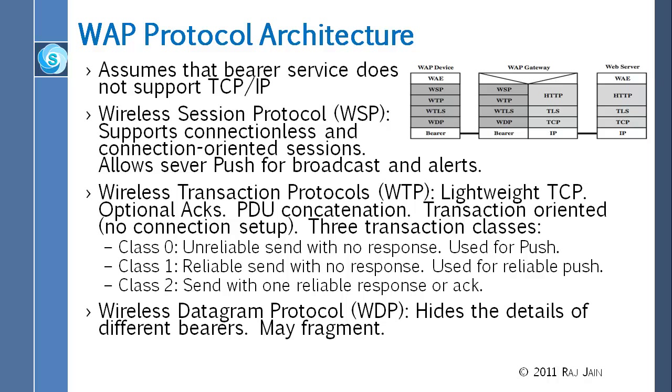Alright, so these are the 4 layers here, which are also in the gateway, the WAP gateway, and the web server may not have any of this WAP stuff. Therefore the web server speaks the standard HTTP, TLS, TCP, and IP. So the gateway receives the standard stuff and translates it into the WAP. You can see the